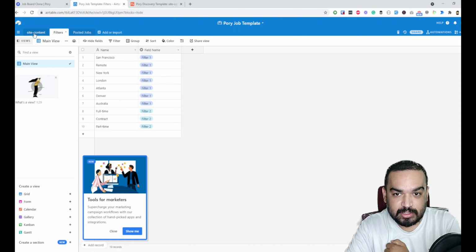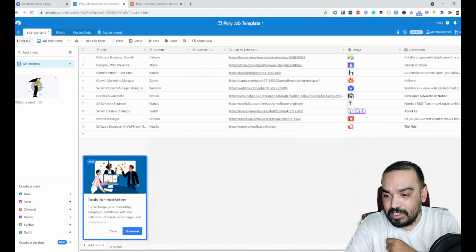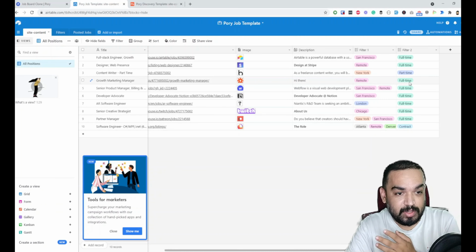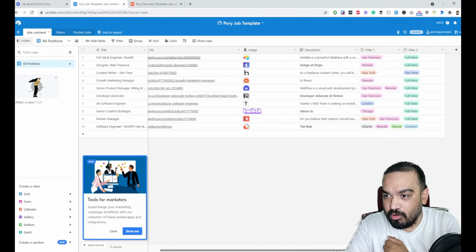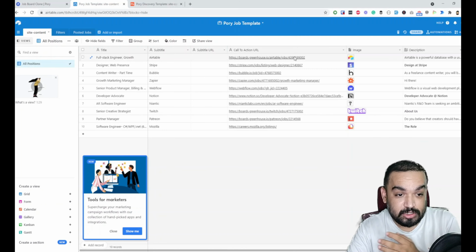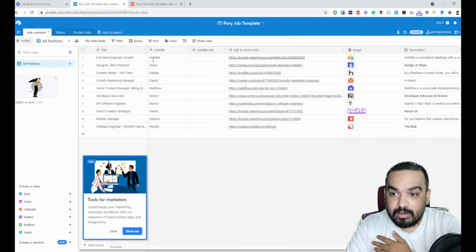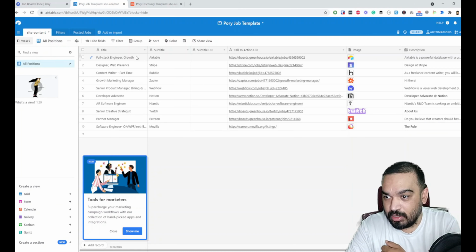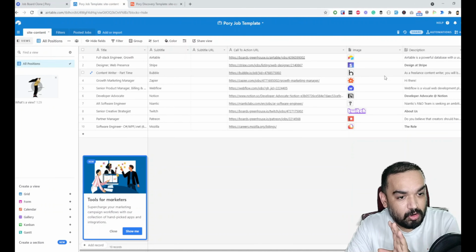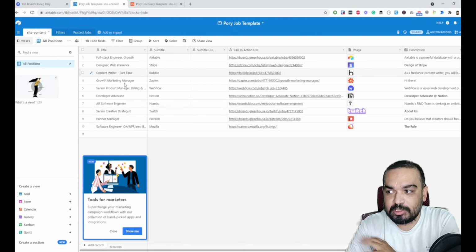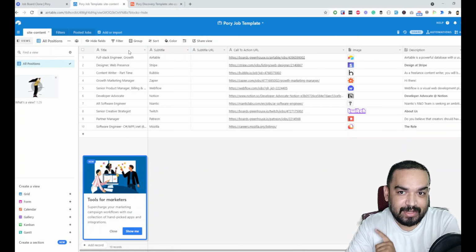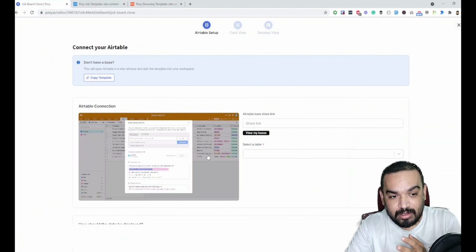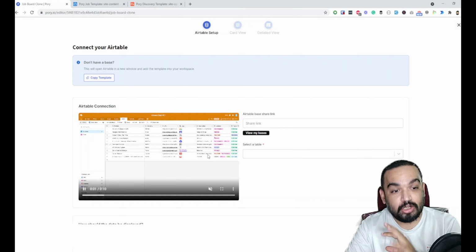So two types of filters there are, and in the site content you can see that these two types of filters are used in two different columns, where there is full time and contract as filter 2, and locations in filter 1, simple. And then we have the description, the logo of the company, the call to action URL, which is usually where people go to apply, and then the subtitle and the title of the role of the job, right? That's pretty much what the database is. If you want to customize, go ahead and customize any of these, and you can add additional columns as well. That will not break the website. You can just select the column in the Pori.io dashboard based on what new columns you've added.